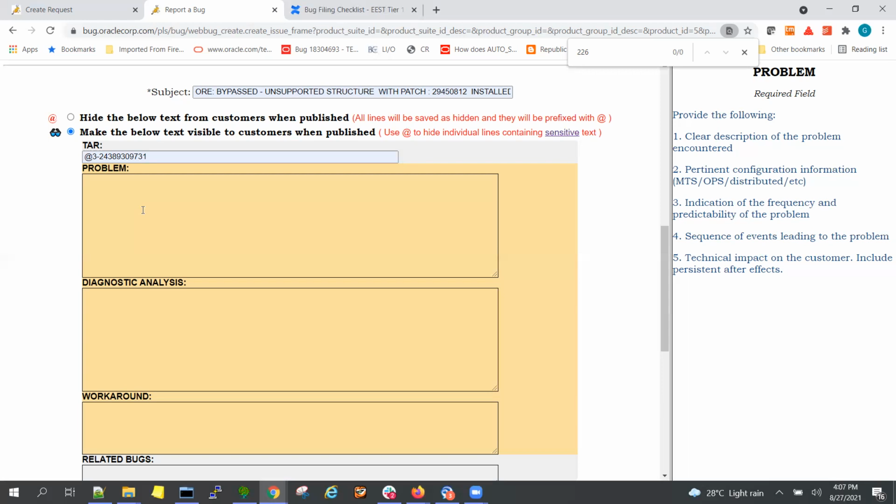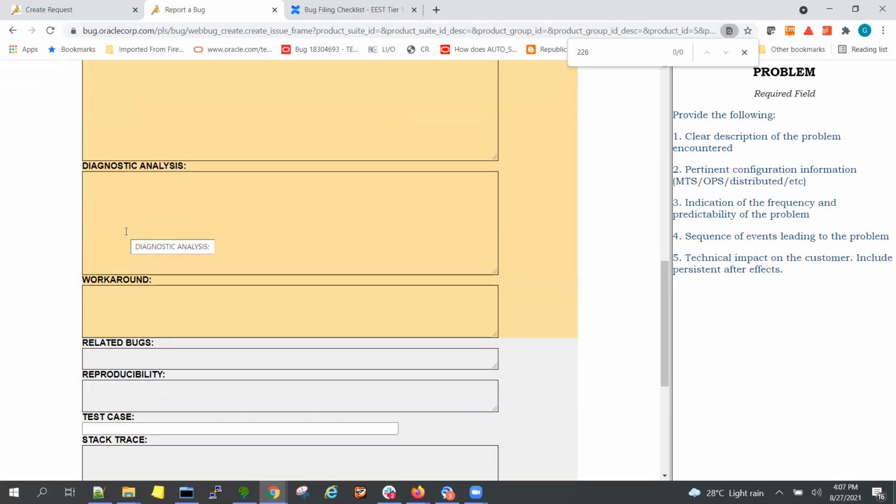Next, workaround. Now this diagnostic analysis doesn't mean only reviewing the traces and the AWR dump. It also comprises what level of analysis you did using the KM knowledge repository. In the knowledge repository, you found some five bugs. Out of the 5 bugs, 2 bugs have a similar symptom, but both are in older releases, not the latest release. So you can say that those are related bugs also, because both bugs have similar matching symptoms, you can pass them here.